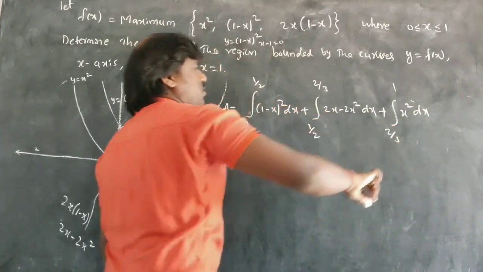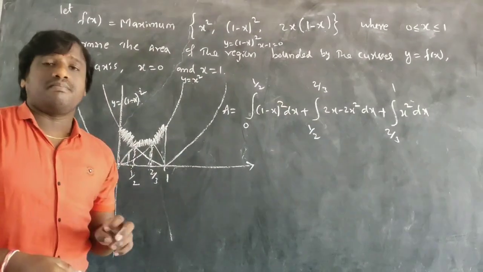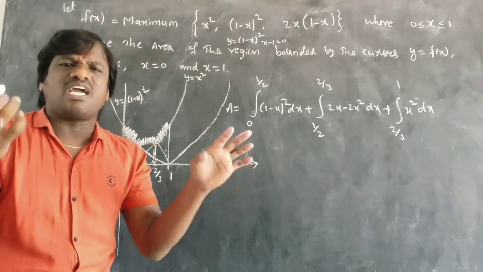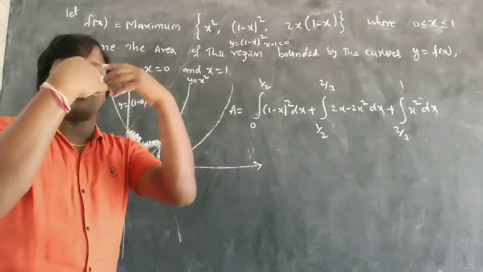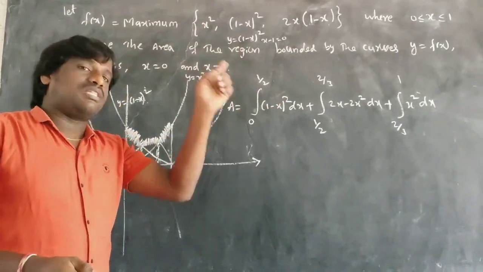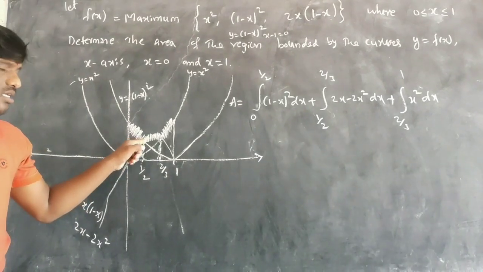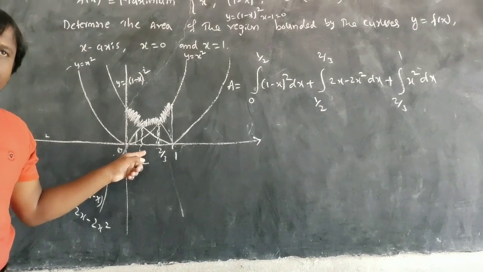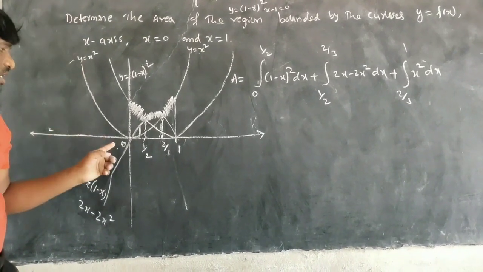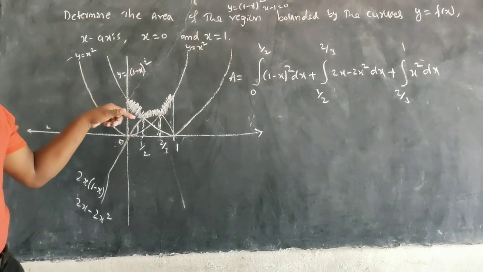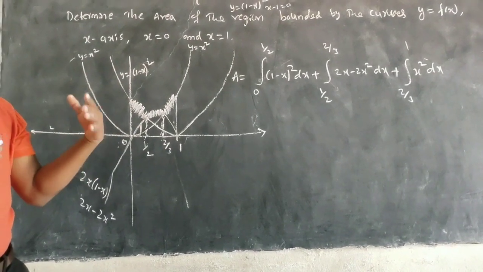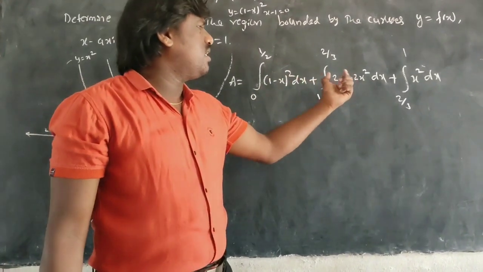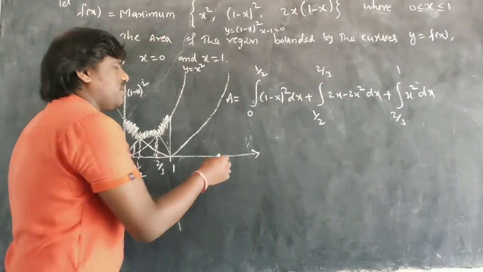This is the way to do it. In the previous one, the main problem I explained was forming a triangle, so I find height and base directly. That sum was also done like this. You can find it using integration, and that is the reason I find the x values. In that question, from 0 to 1 by 2 you can see which graph is there, mod x, and you can find it like that. Otherwise you can do it this way also. Here I have now applied the condition. Now we will find the area.